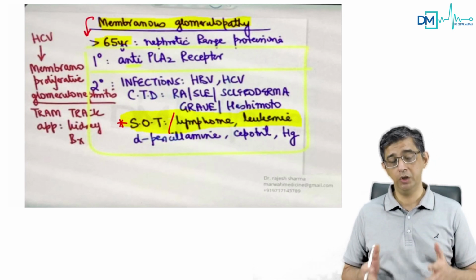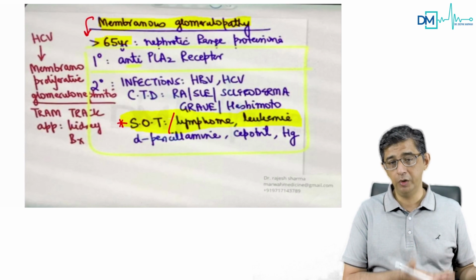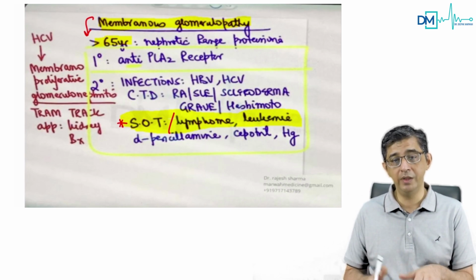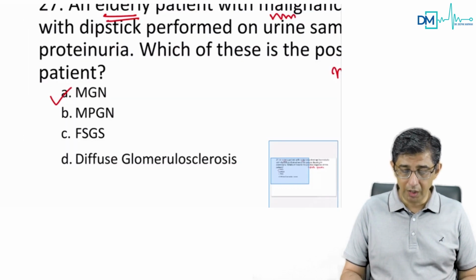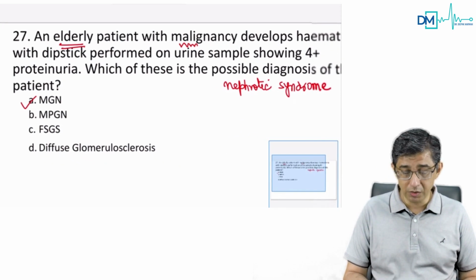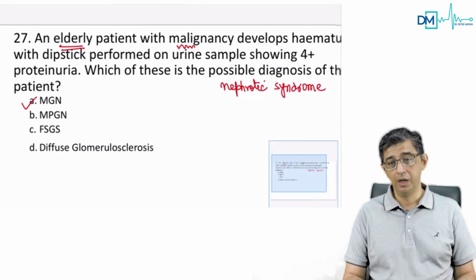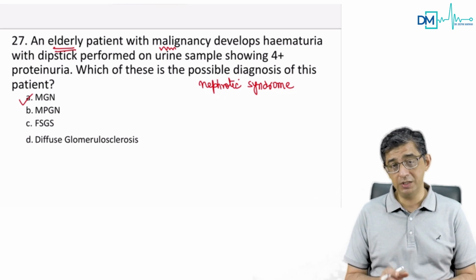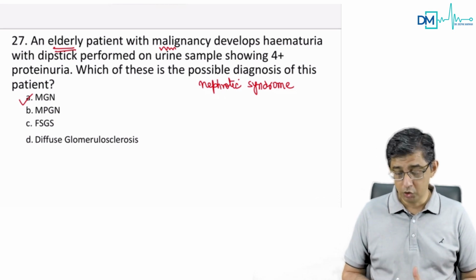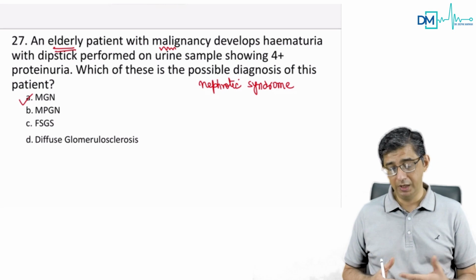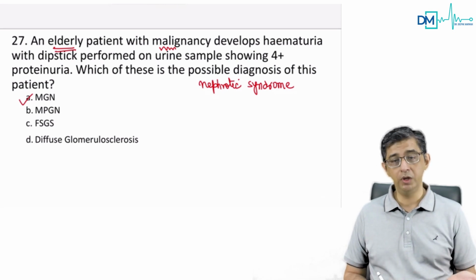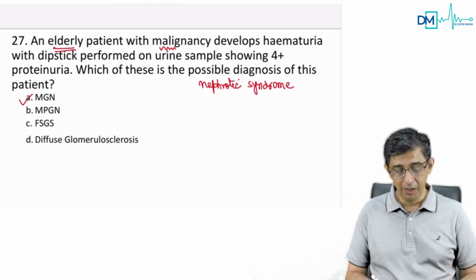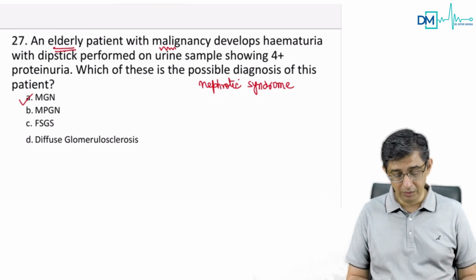So instead of simply asking what is the commonest variety of nephrotic syndrome in old age, he decided to give you an old man with a known solid organ tumor and then say that there is hematuria and proteinuria. And yes, in patients who have MGN, it's a mixed picture. You can have both nephrotic and nephritic presentations simultaneously present in a patient. So the question was, I would say, deliberately made clinical, putting in 2-3 lines. Otherwise, they could have simply put old man, nephrotic, what is the cause? Instead, they put it in a descriptive fashion. But I think the question was straightforward.